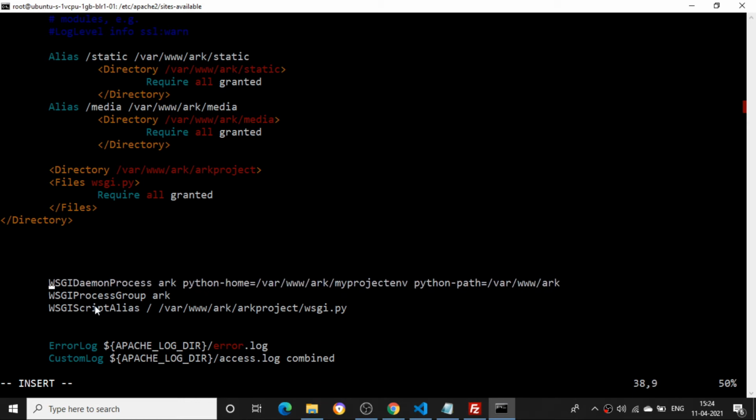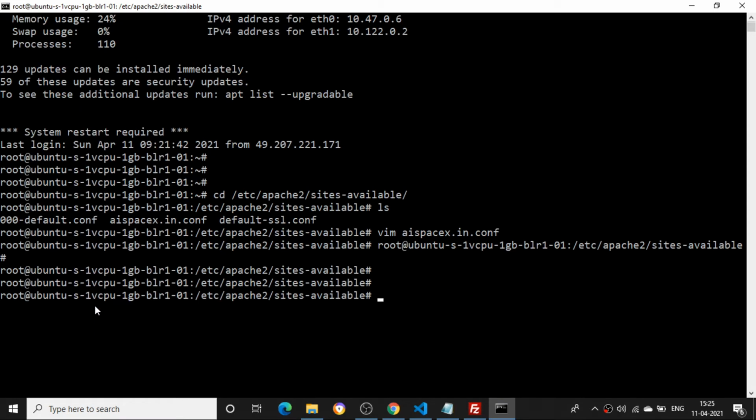So after adding it, I'll just press escape, then press colon and type WQ. So it has been saved now. Once it is saved, I have activated the static directory media path, I have activated the files, and I have activated the media directory files. Once I do this, I need to go back.